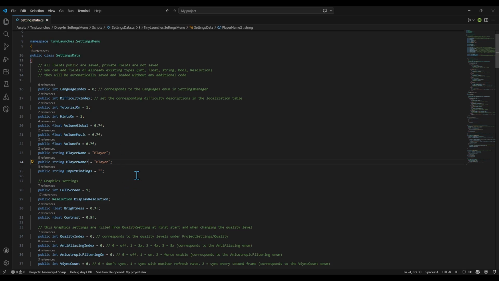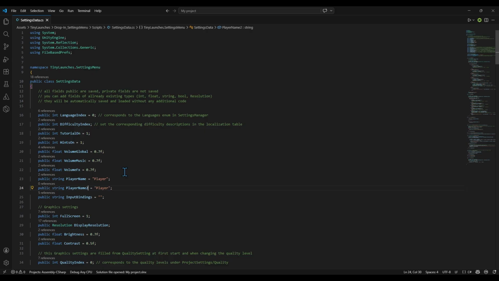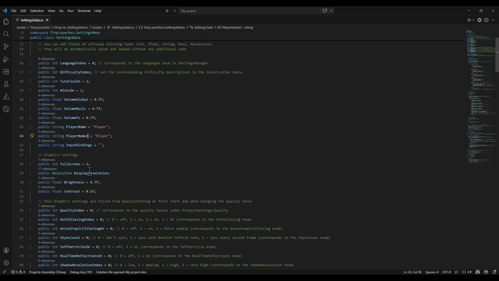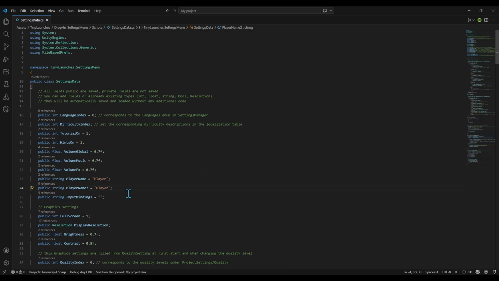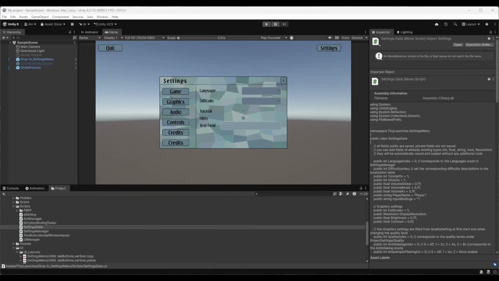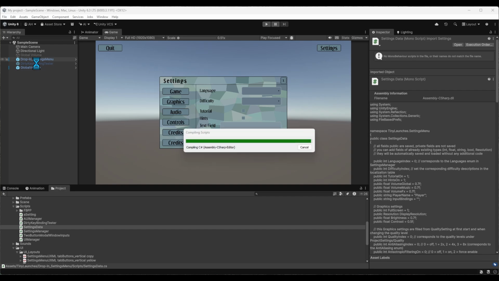You can only add fields of the types which are already in, so int, float, string, and so on. There's a display resolution which is handled fine, but if you have another type, it won't be saved. So stick to the types that are in here. Now we've added the player field. We add the field to the